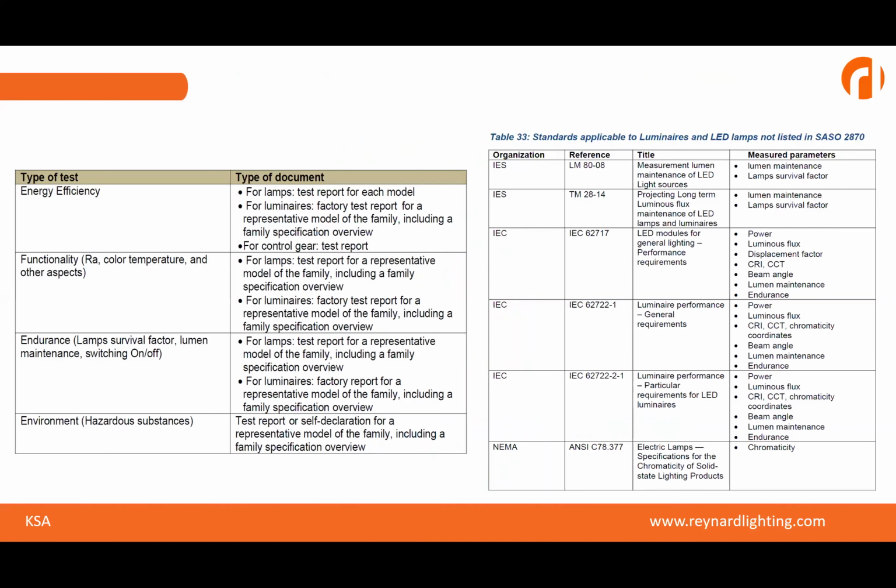These were extracted from the same standard. The requirements of the standard include the type of test: energy efficiency, functionality, endurance, and the limitation of hazardous substances. And also here on the right-hand side, the measured parameters, which have to be measured and issued in the report to get the